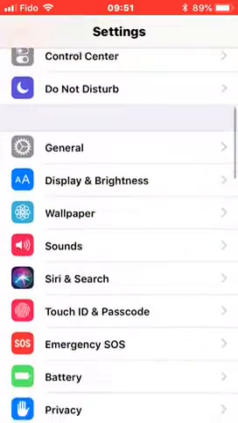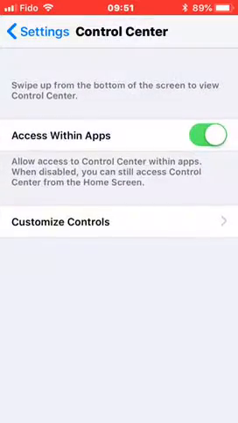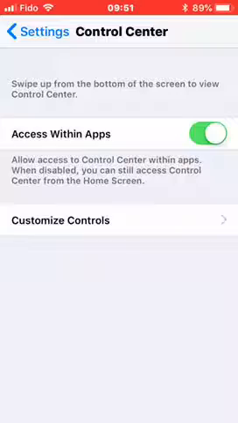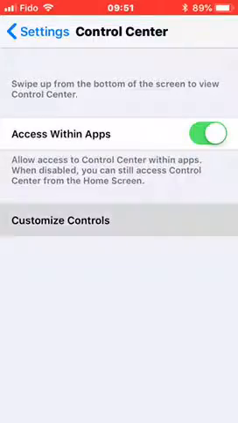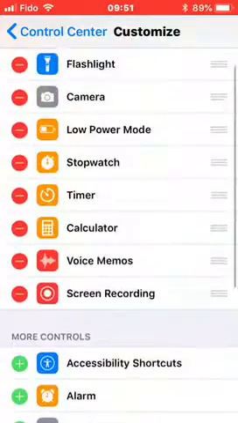Next, you've got to search for Control Center. It's here, so I click it. And then you have to click on Customize Controls. Then you see a bunch of things you can customize, like